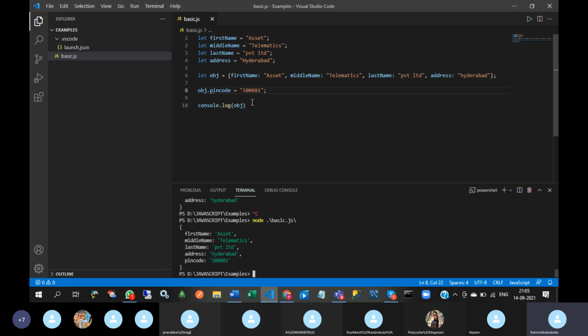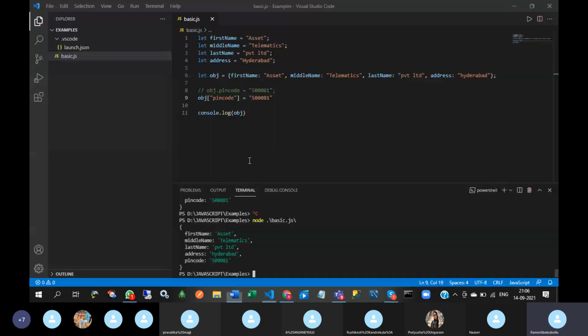This is one way, and you can also use another way: object square brackets pin code 50081. See, this is another way to add another key.